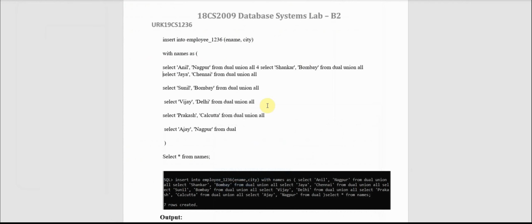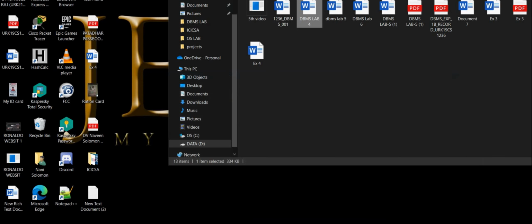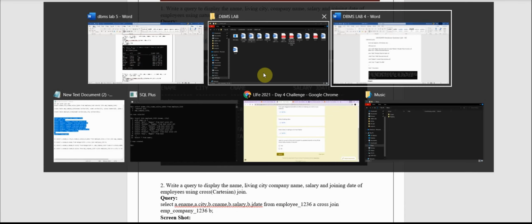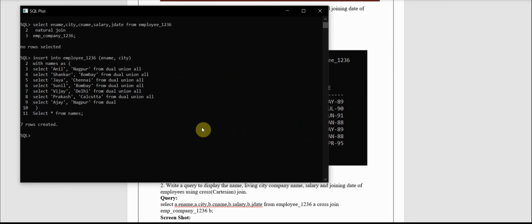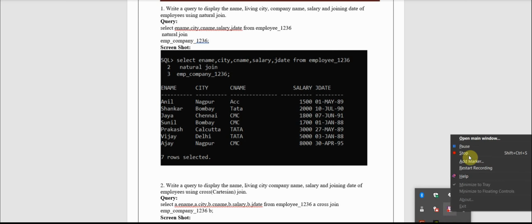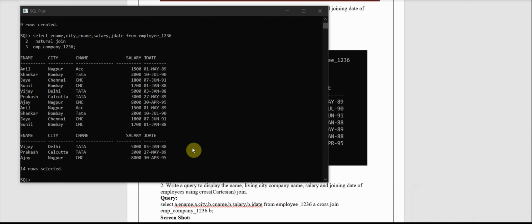Now let me copy the previous command, the fifth command, and execute it. Just a second, let me see whether the employee companies table is available or it has been deleted. I'm sorry, actually I got the output here.